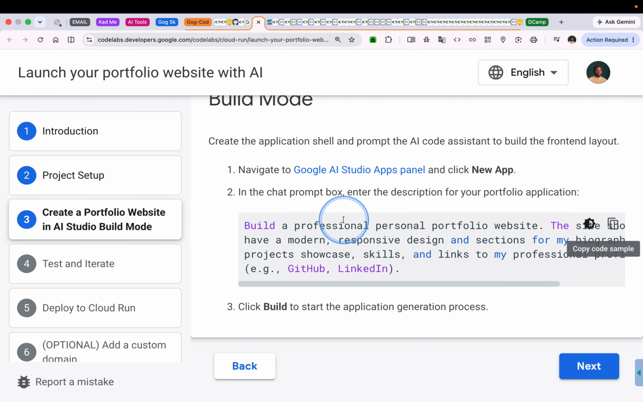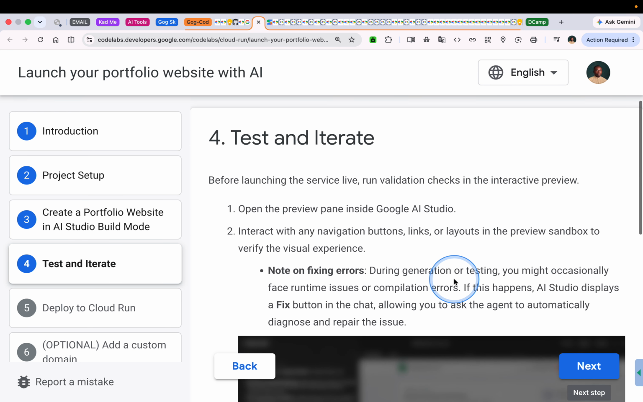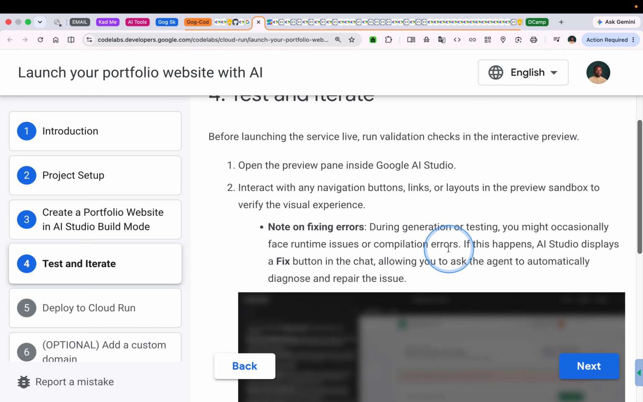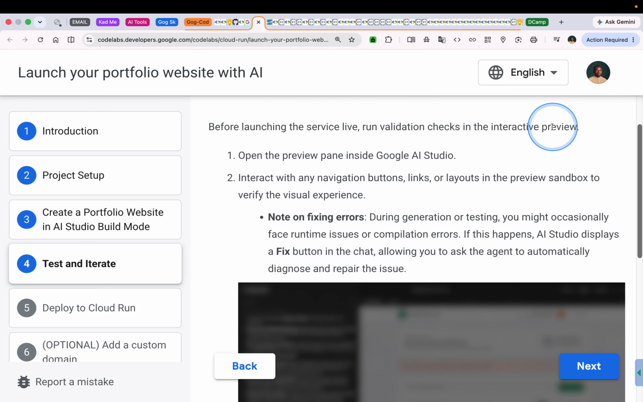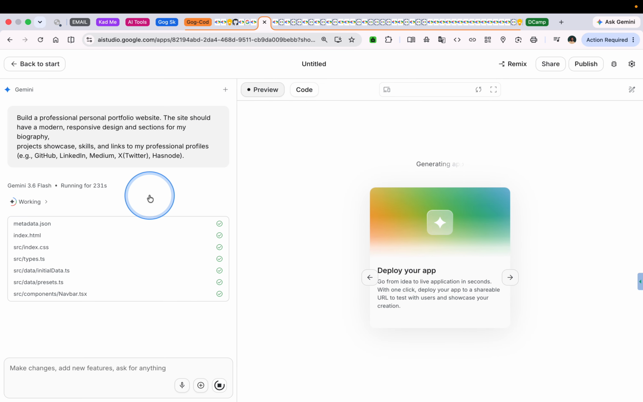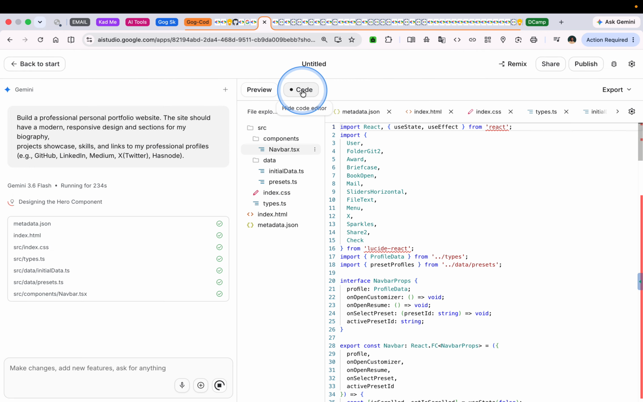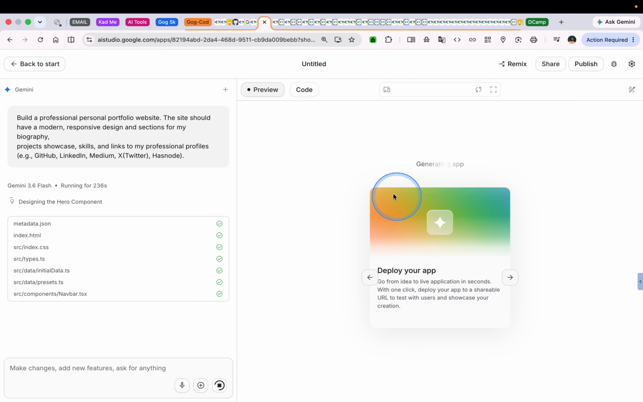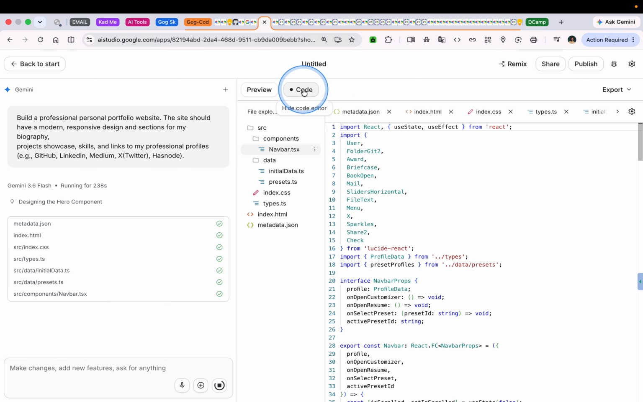So we'll come back to our guide. We've clicked build. So let's go to the next section by clicking on the blue next box. Before launching the service live, we'll run validation tests in interactive preview. Once the first build ends, we'll open the preview pane inside Google AI Studio. If we come back here, you can see the preview pane. So our app is about to be built. Once the first version comes up, we'll see it in the preview pane. You can see the code